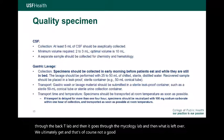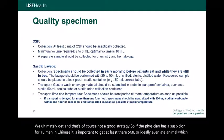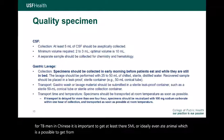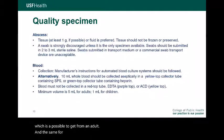and that's of course not a good strategy. So if the physician has a suspicion for TB meningitis, it is important to get at least 5 ml, or ideally even 10 ml, which is possible to get from an adult. The same for abscesses and blood. With the blood,